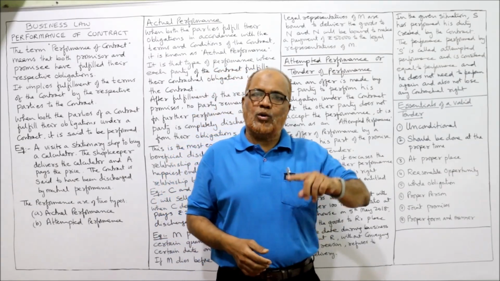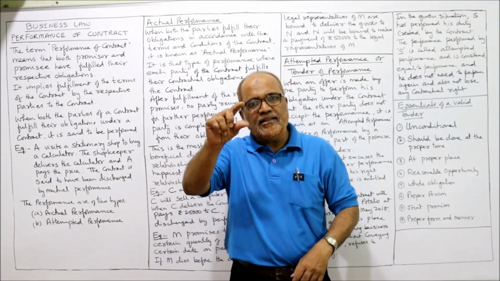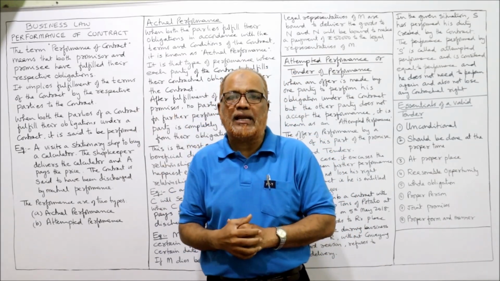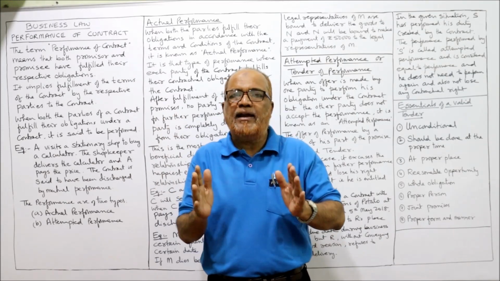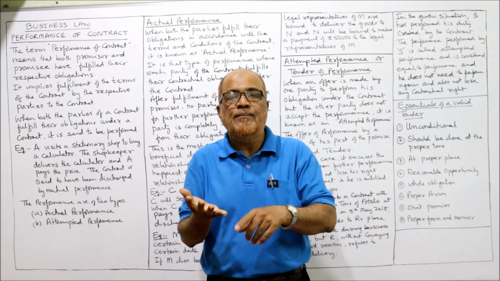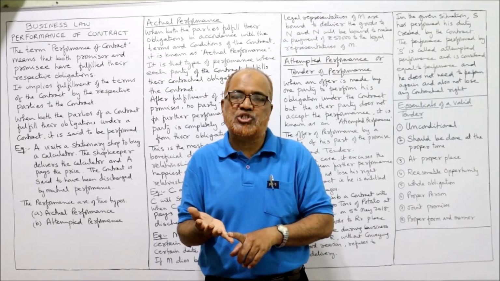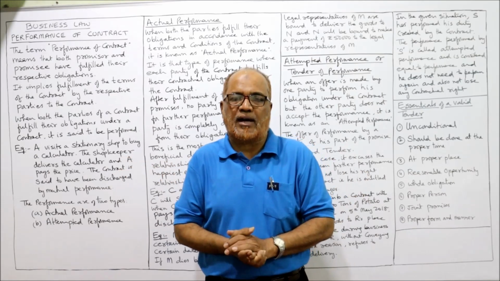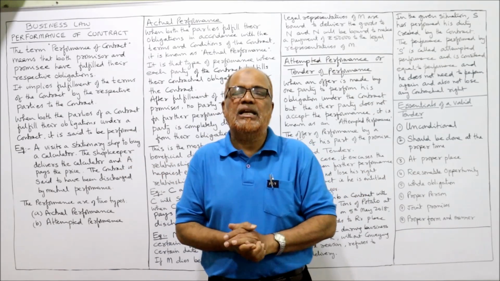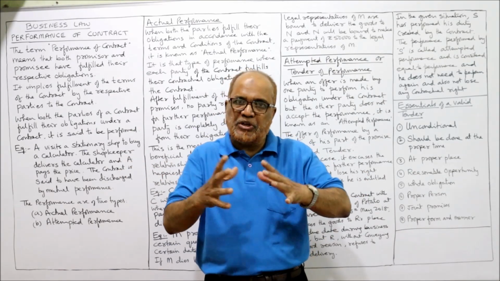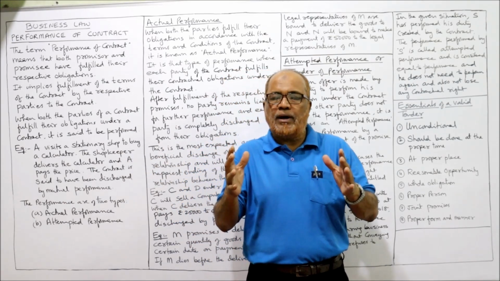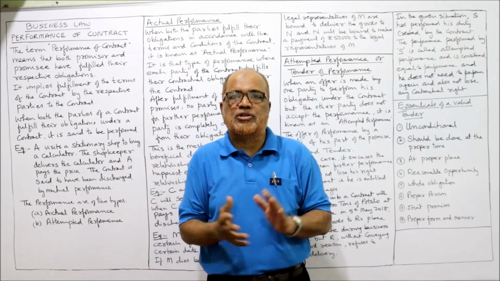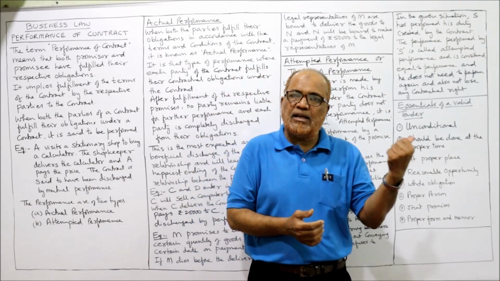So I suggest you go to the playlist of my channel, select the subject business law, select the topic discharge of contract. In that video, I have explained the meaning of discharge of contract and what the modes of discharge are. Actually, 6 modes are there of discharging the contract, that means terminating the contractual relationship between the parties. So how will the contractual relationship of the parties be terminated, be finished? The 6 modes I have explained in the last video.